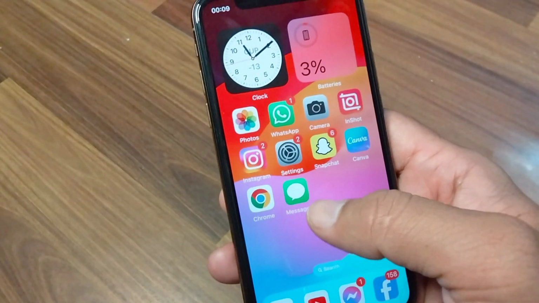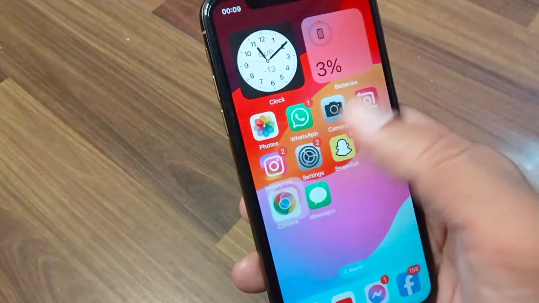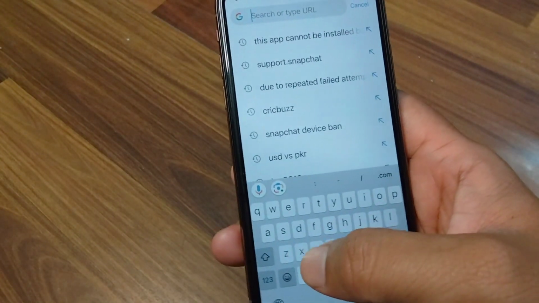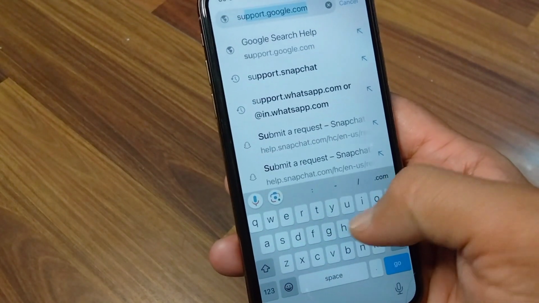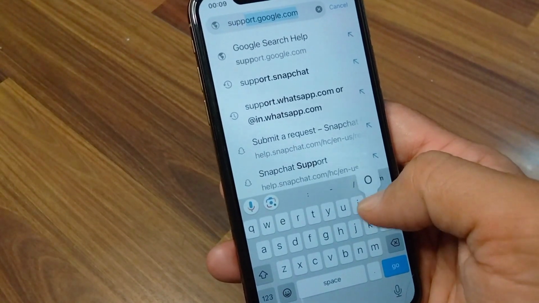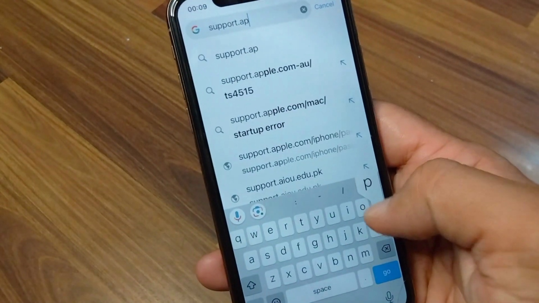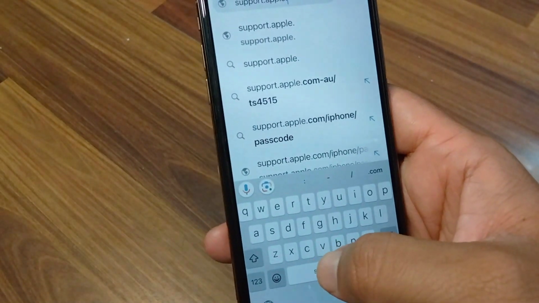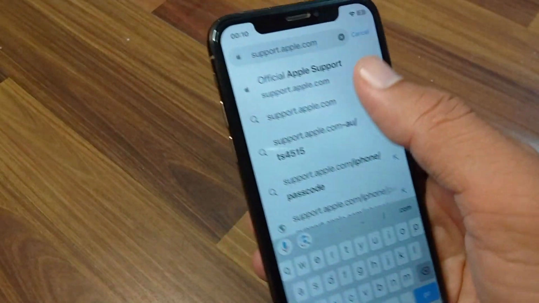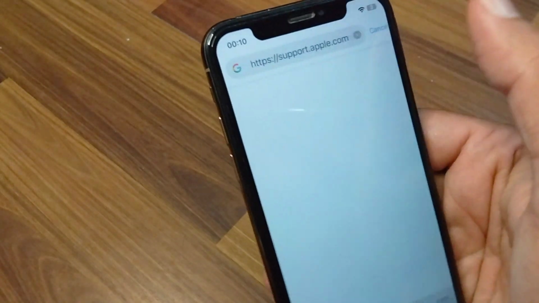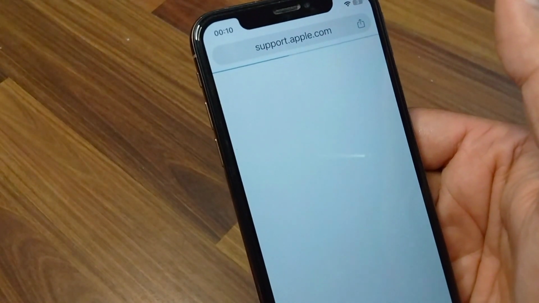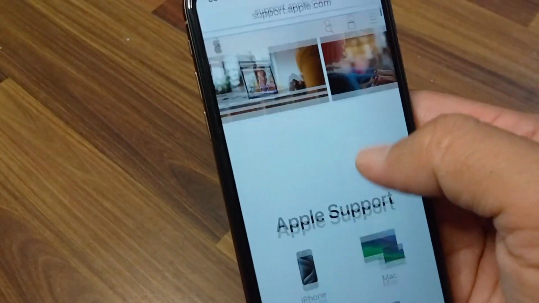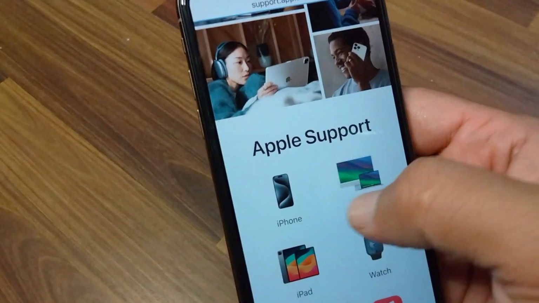So if you're still facing this problem, then you have to go back to your home screen, and from here you have to simply open any browser on your device, and from here you have to search for support.apple.com and wait here for some seconds, and after this you have to select your device, whichever you are using,